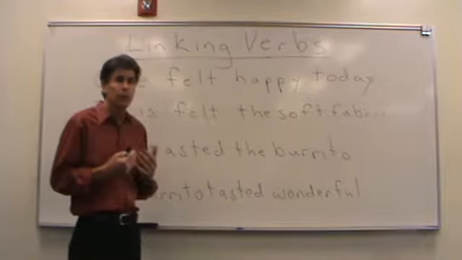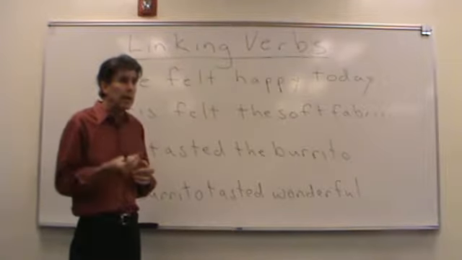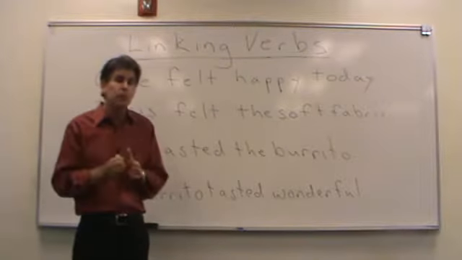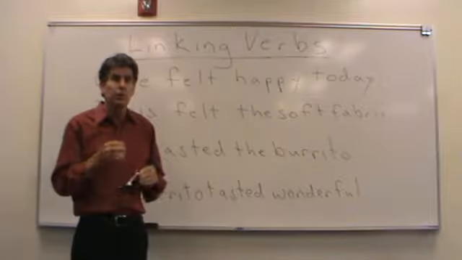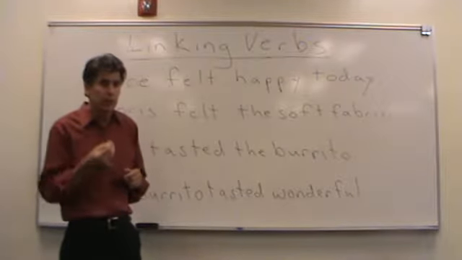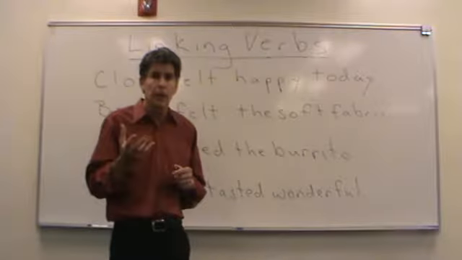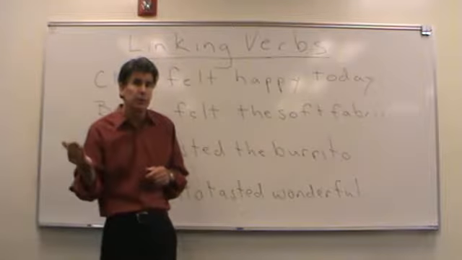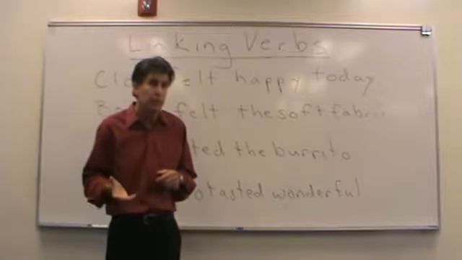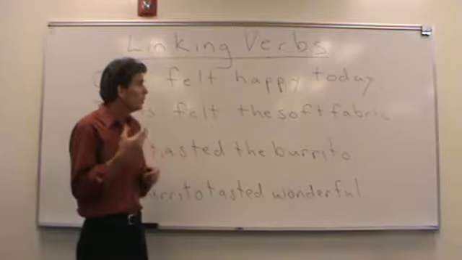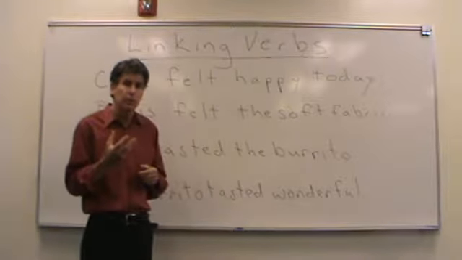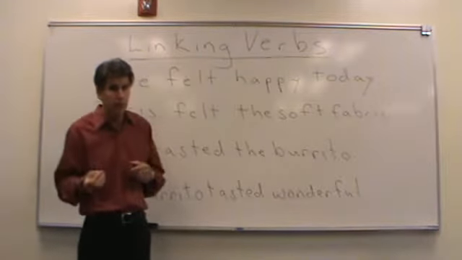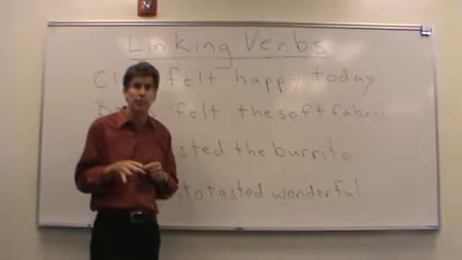But some of the verbs, actually most of the linking verbs, can at times be linking verbs, or they can be action verbs. They aren't in between. Whenever they're actually used in a sentence, they have to decide which side of the street they're going to be on. The analogy could be that in baseball you can bat left and right, but when you go up to bat, you have to pick one side of the plate or the other. You can't bat from both sides of the plate at the same time. So some of those verbs on the linking verb list can sometimes be linking, or they can sometimes be action. They cannot be both at the same time, however.